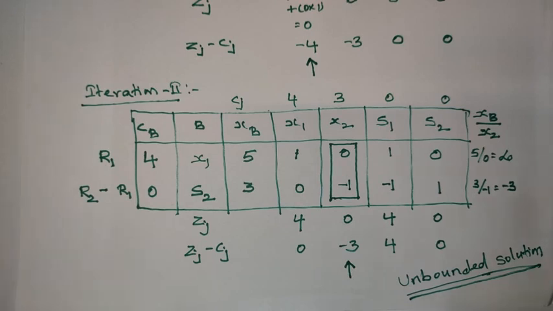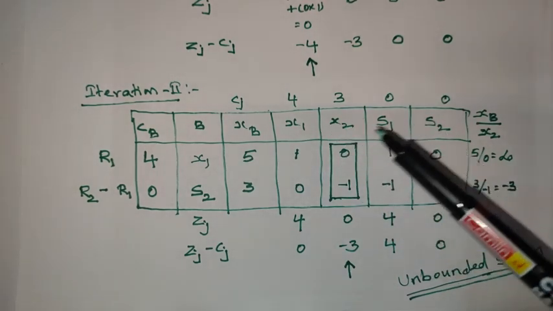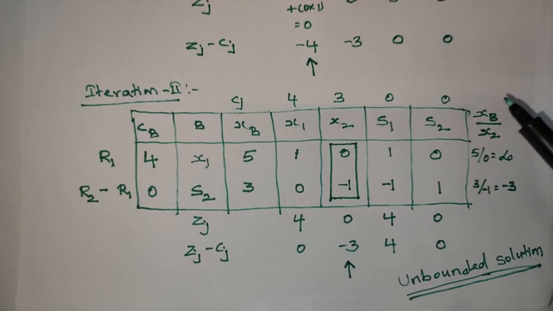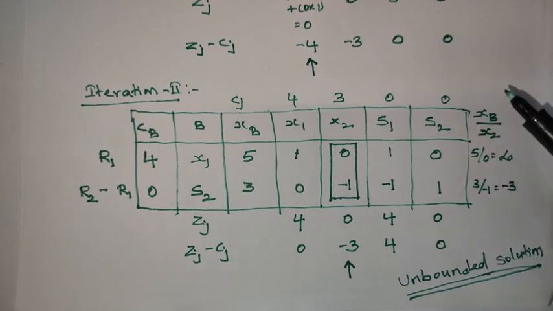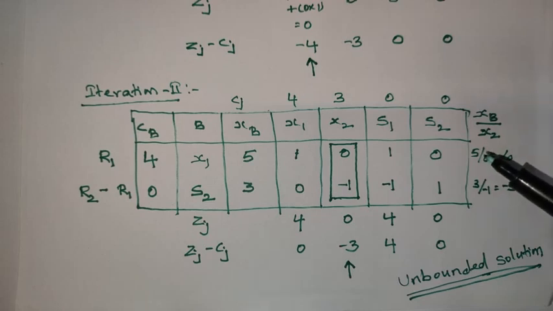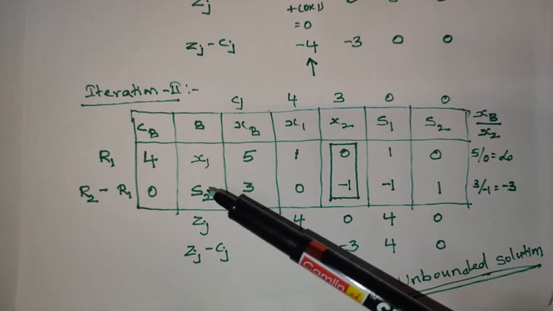So like this, we can solve problems with 3 decision variables x1, x2, x3 or x, y, z like that, and also we can solve more than 2 constraints. Those types of problems we will see in later models, right? In the previous 2 cases we got a solution of x1 and x2 values, so that means those problems have a finite solution, but here we are unable to find the key row. So here we did not get the values of x1 and x2.